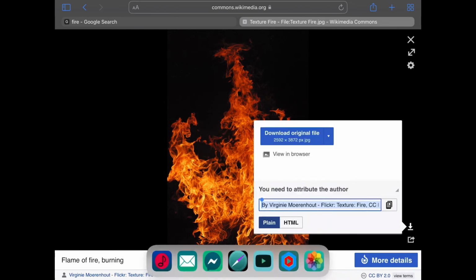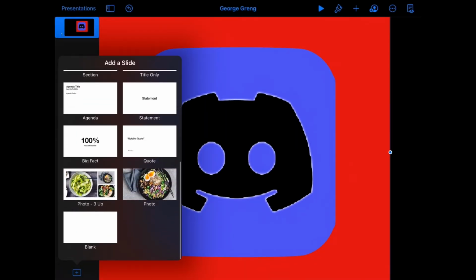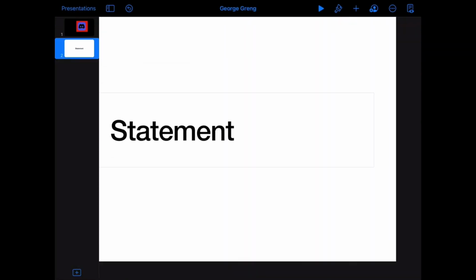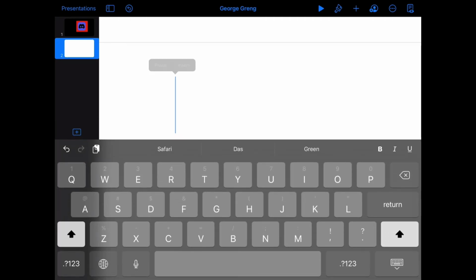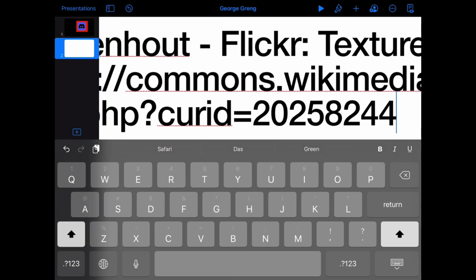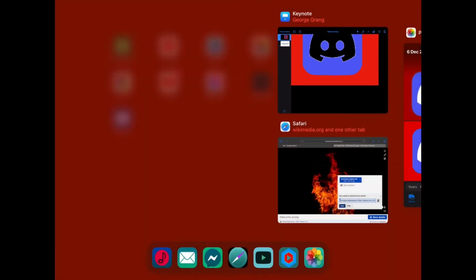We're gonna go ahead and copy whatever is written here and save it somewhere, so that when we post our work, we can add this text to the description of our product in order to credit the author and meet the terms of the license. I'm copying this into Keynote just to save this, and later on I'm gonna add the text into the description of my YouTube video. But now let's get back to the icon designs, and here, as you remember, we already